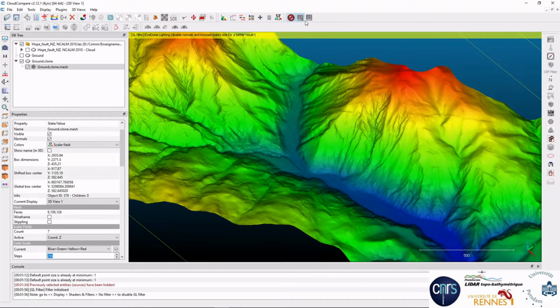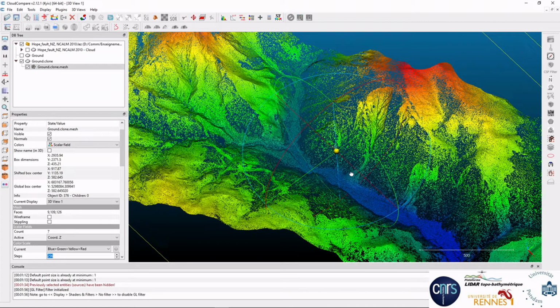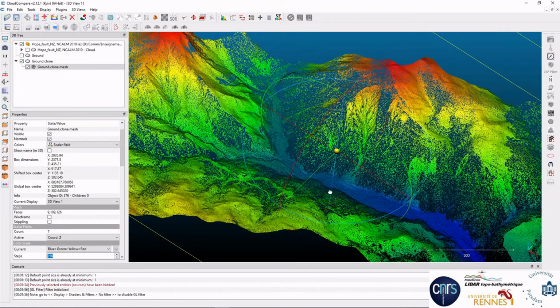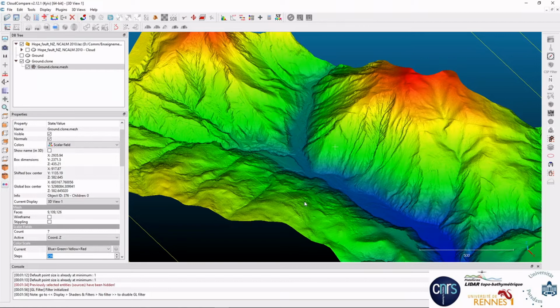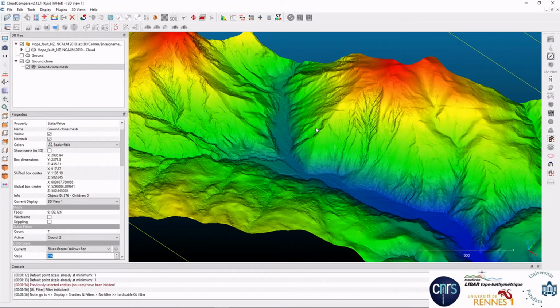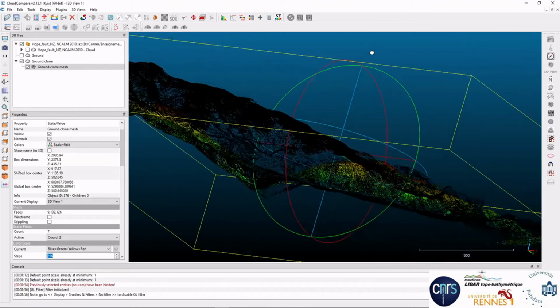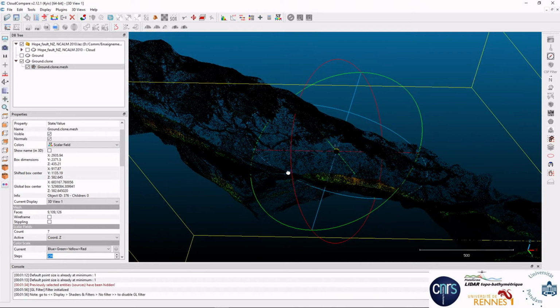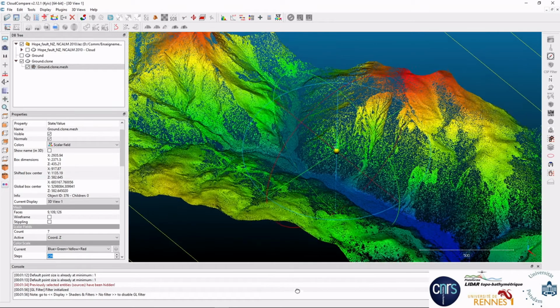If I remove the real-time shadow effect, you see that when you compute normals, you can actually use the normals to create a shading. Normals are oriented, which means that here they're oriented towards the sky. If I return back the topography, it's black underneath.